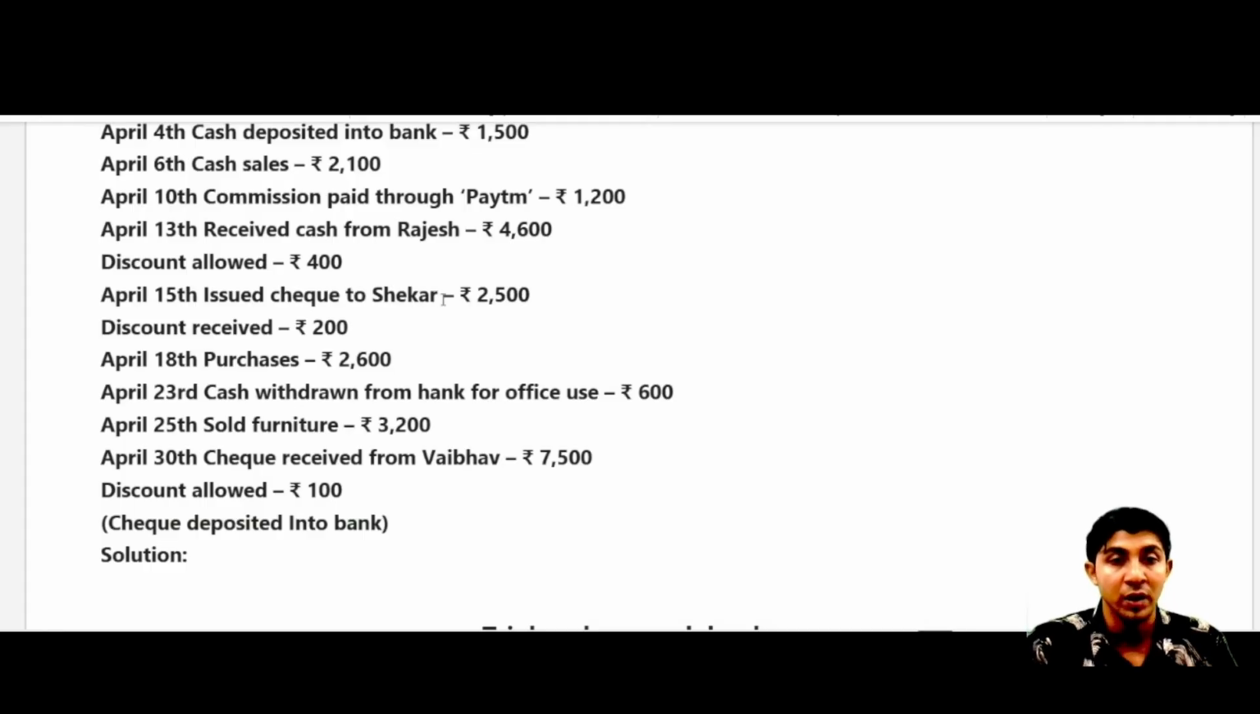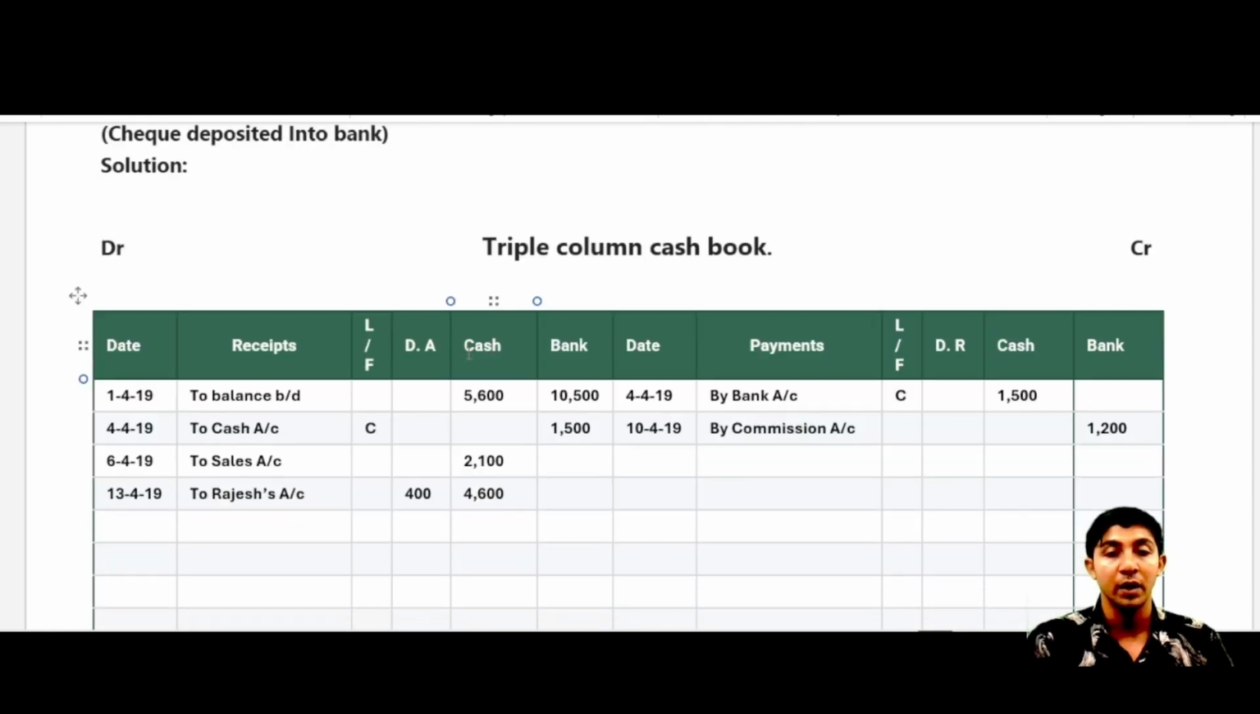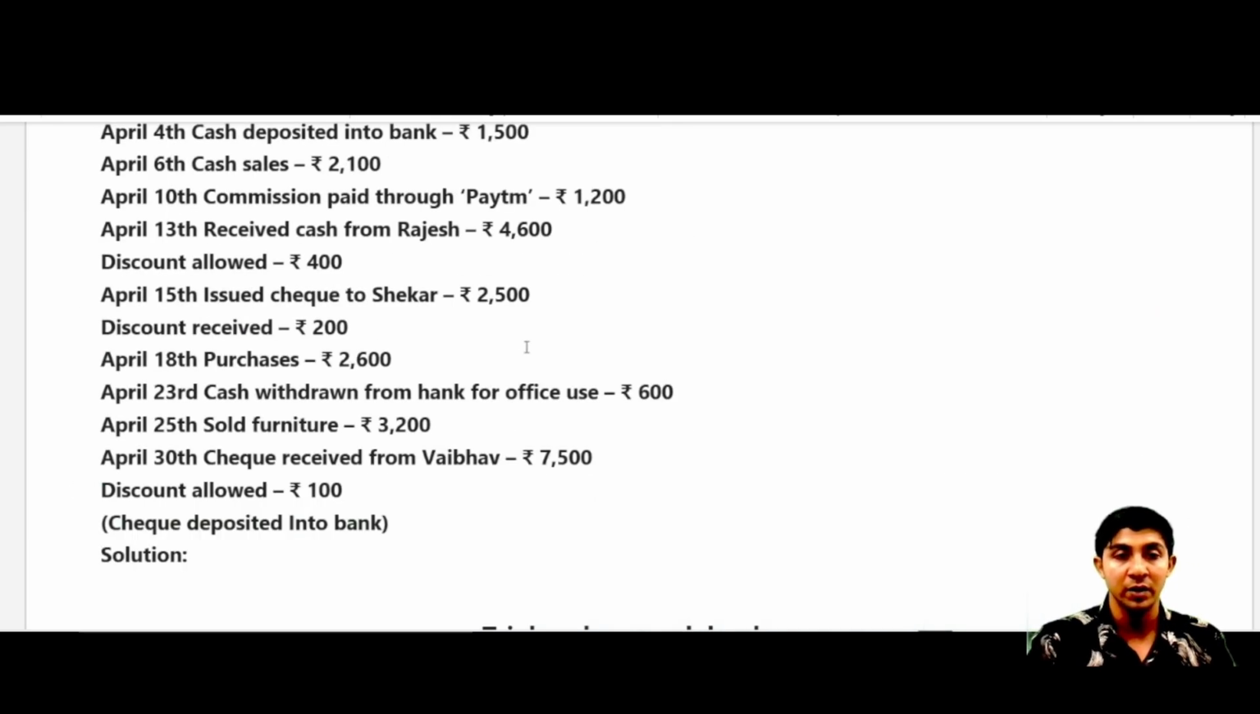Issued check to शेखर 2500, डिस्काउंट रिसीव 200। अब आप क्या करें, 15 अप्रैल के दिन आप चेक इशू करें तो हमारे बिजनेस में से पैसे जाते, पैसे गए तो हम पेमेंट साइड रिकॉर्ड करते। So on the payment side in the date will write the date that is 15 and here will write, आप चेक पे करें ना, किसको पे करें, आप चेक इशू किसको करें, शेखर,